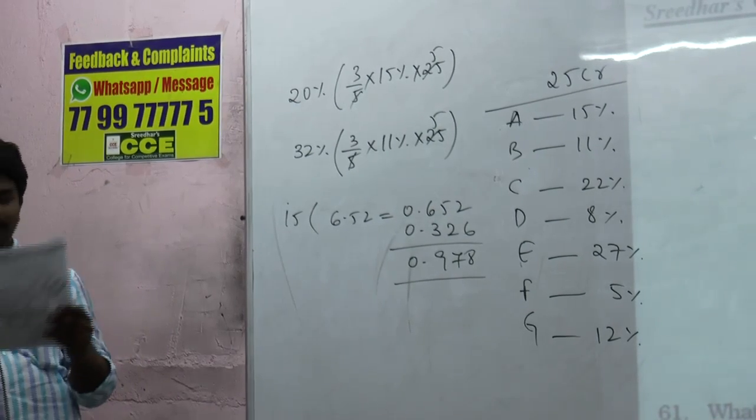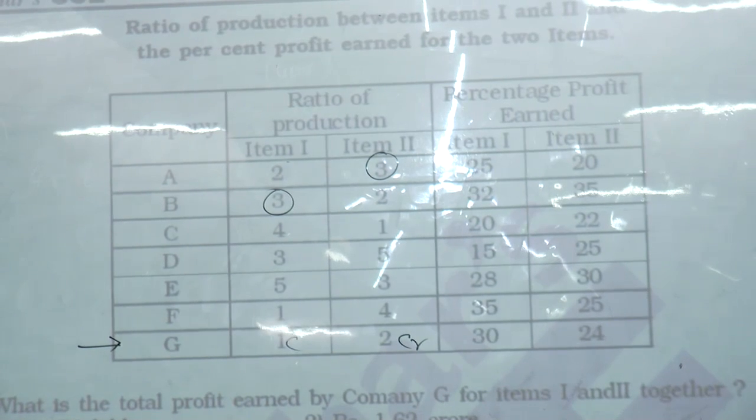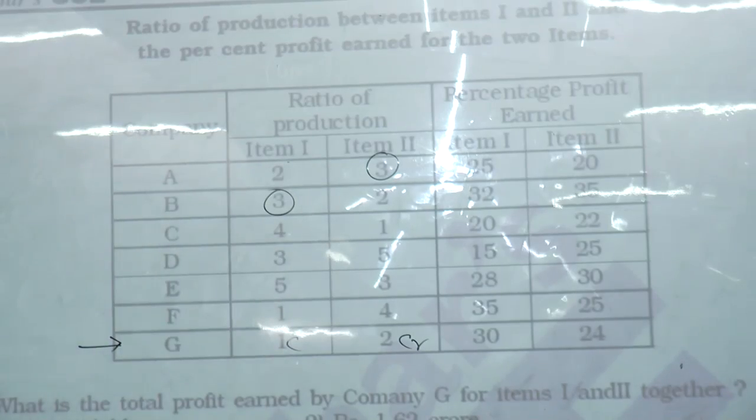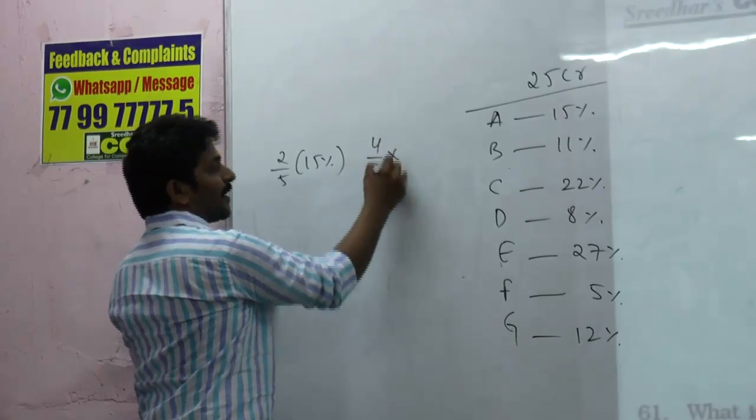Next, 63. What is the total cost of production of item 1 by companies A and C together in crores of rupees? Item 1 for A and C. A, it is how many parts? 2 out of 5 parts. So that will be 2/5 of 15%. And item C, it is 4 parts out of 5 parts among